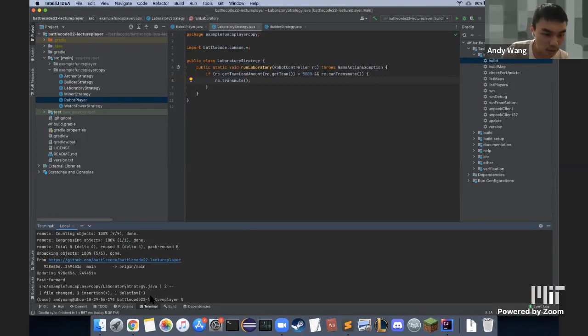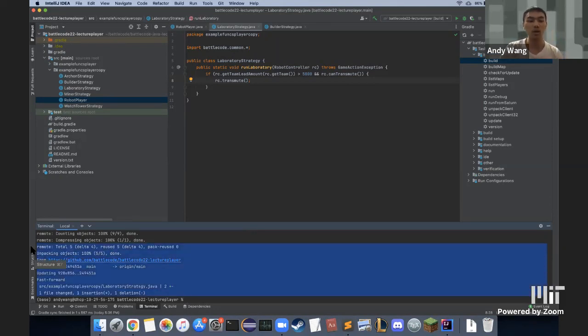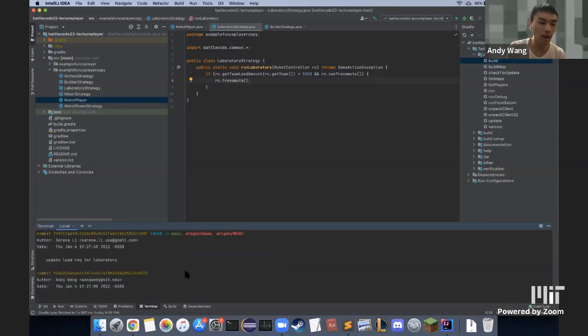And we see here, there's actually been one change that's been made. So if we look at our log now, wow, Serena has made a change to our Git repository while I was talking. The lead requirement for laboratory is updated. So originally when I typed in the lead requirement, I said you need 5,000 lead. If we update this file, suddenly it's 7,000 lead. So Serena's decided 7,000 lead is a better threshold for whether or not we want to convert. She's pushed that change through the same methods we used. And now we can pull this change to get it onto our own repository so that we can have a shared copy of the code at all times. That's just how you use the git pull